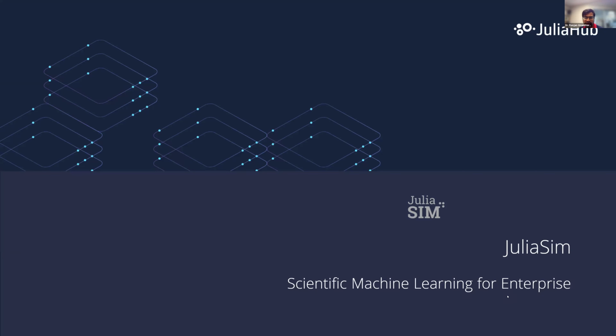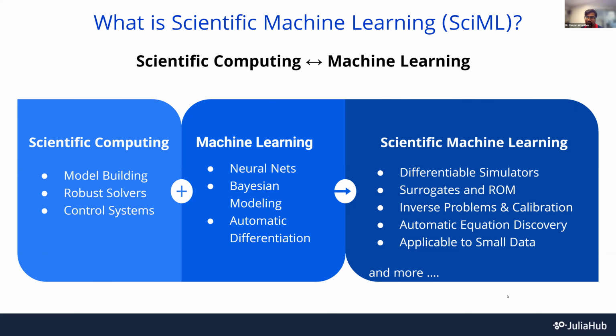To tell you what I mean by scientific machine learning in the context of broader modeling and simulation, it's the confluence between traditional scientific computing, modeling and simulation, and machine learning. With scientific computing, you get many of these standard workflows: building your models, having robust integrators and solvers, nonlinear solvers and differential equation integrators. You can build controls with your models, but the world of machine learning is somewhat tangential